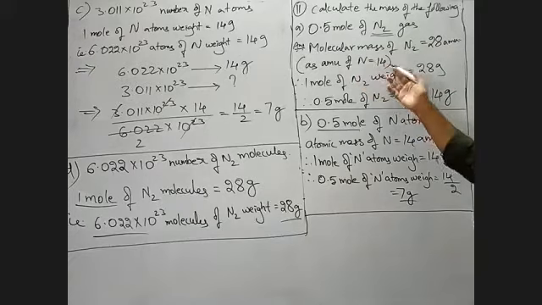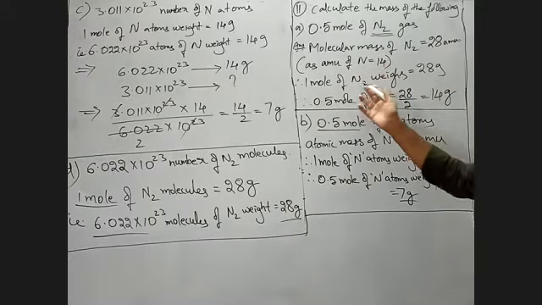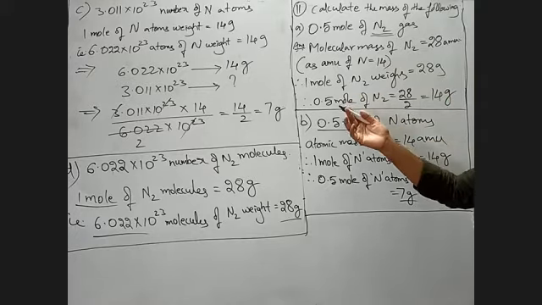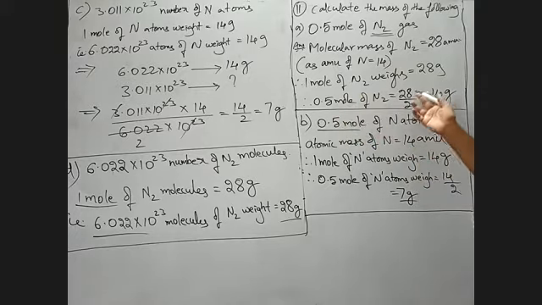So, 1 mole of nitrogen is how much? This molecular mass expressed in gram. That's all. So 1 mole is weighing this much. So 0.5 means half. Half mole of nitrogen is 28 by 2. You can write it as into 1 by 2, but directly by 2. So that is how much? 28 by 2 is 14.